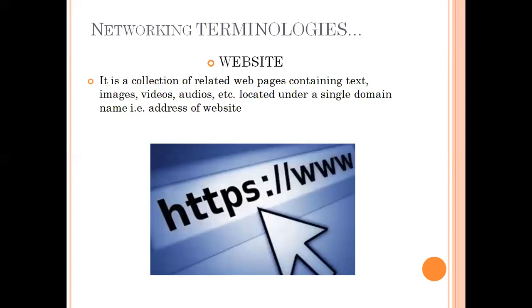Then website, you all know what is website. It is a collection of web pages. When we join different web pages together, then we get a website. If you go through any website, say the Ashoka website, you can see there are different web pages, and you may have text, audio, video, a lot of things in it. Okay, these are common websites. Generally it starts from www.